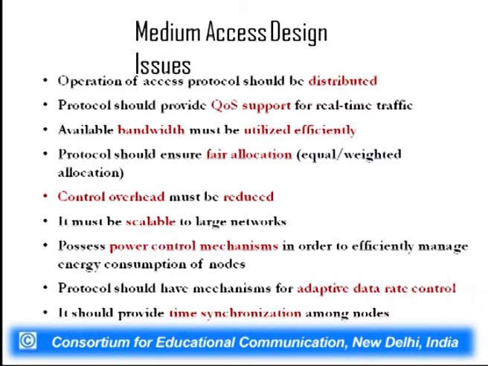Next is control overhead must be reduced. Yes, it must be reduced because whenever medium access is considered, we need certain control packets to be exchanged to check whether the channel is free for a particular station to acquire or not. For this, there are certain handshaking mechanisms available. So during these handshaking mechanisms, what we do is